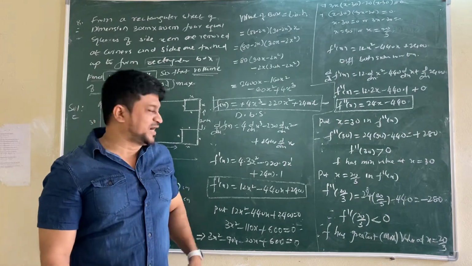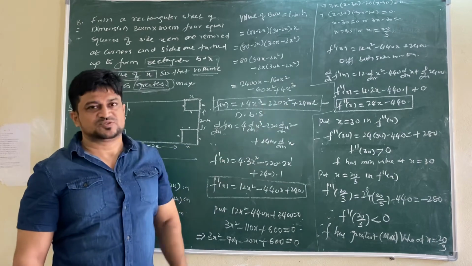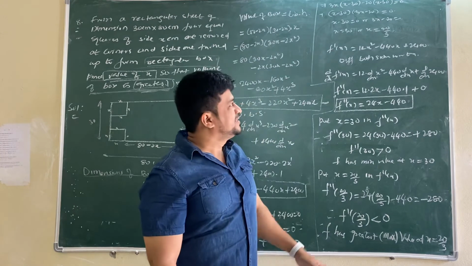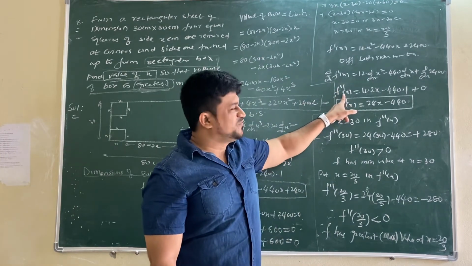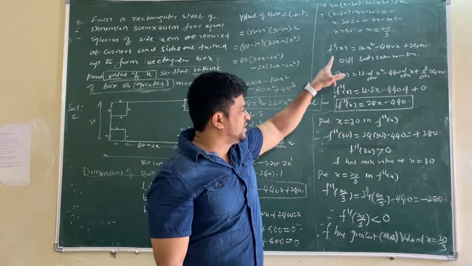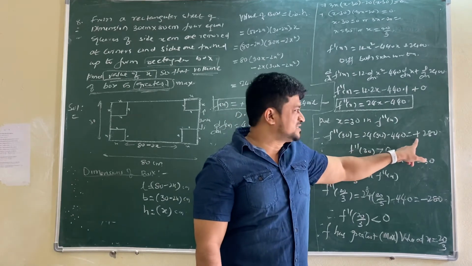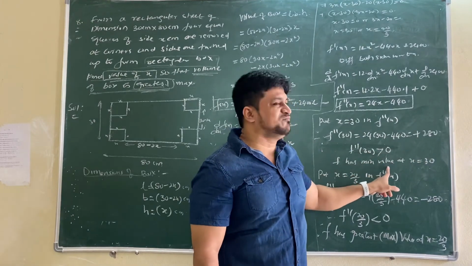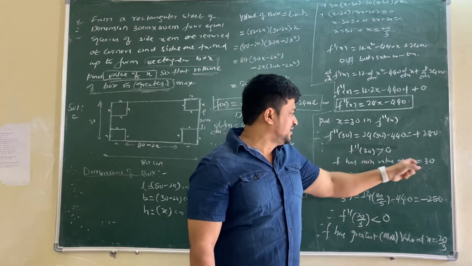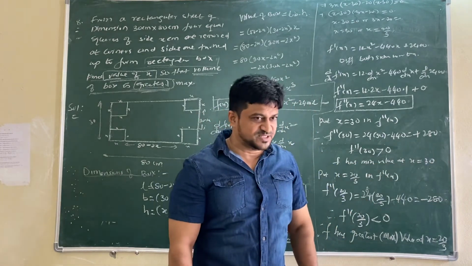Now what we have to do? After getting those values, write f dash of x once again. Don't take 0. By taking 0, you will get the values. Without taking 0, write f dash of x. Differentiate both sides with respect to x. Then you will get f double dash of x. Once we got f double dash of x, write it in a box. Then the first value, x equals 30, we have to substitute. Check whether the answer is positive or negative. If the answer is positive, meaning greater than 0, f has minimum value. For greater, we take minimum. For less, we take maximum. Then we write f has minimum value at x equals 30. That is f of 30. No need of finding it in this problem.